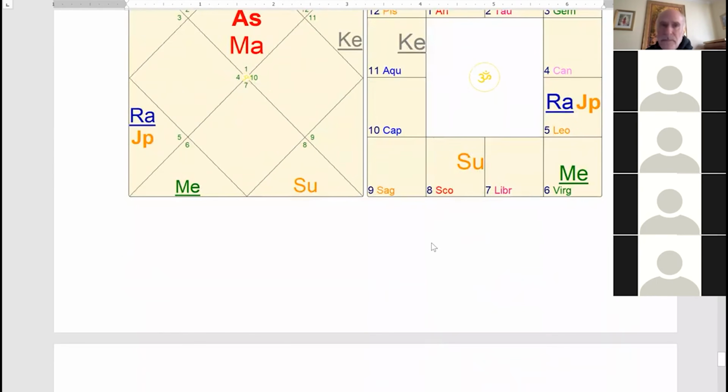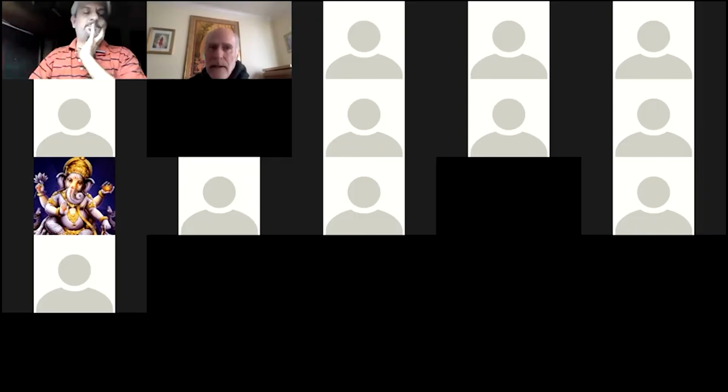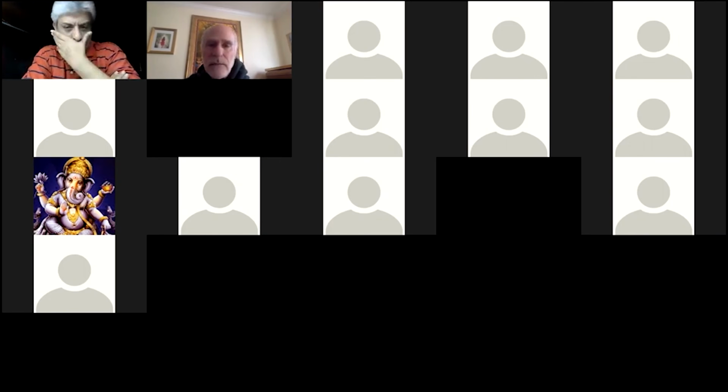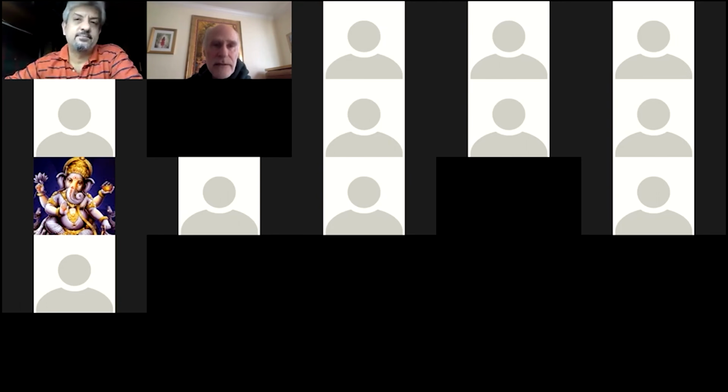So you see this here. So this is what I wanted to share with you. And it shows specific examples to bring home the point made towards the end of the article, that you can't say that a planet's going to give good fortune just because it's in Pushkar Navamsha. You'll go wrong with that. Just like an exalted planet won't always give good results, you have to evaluate all of the factors that are coming into play there.